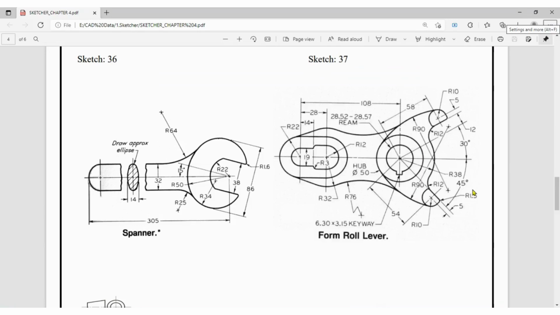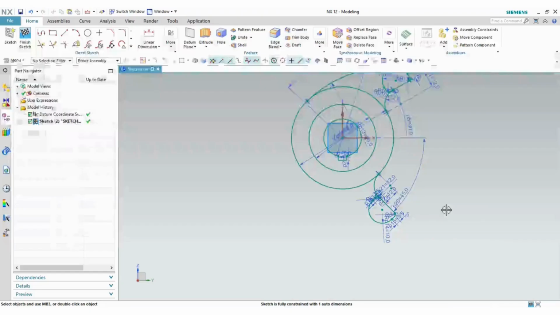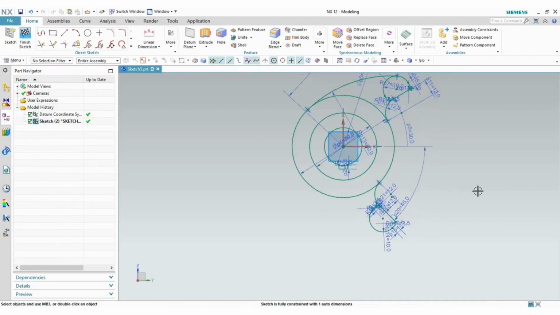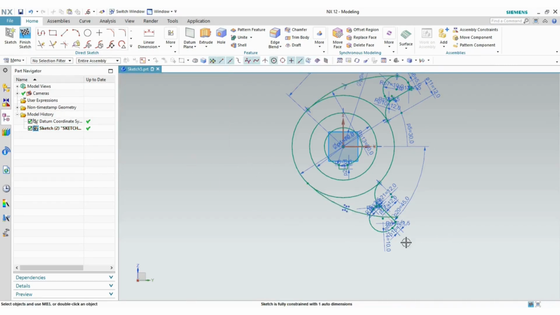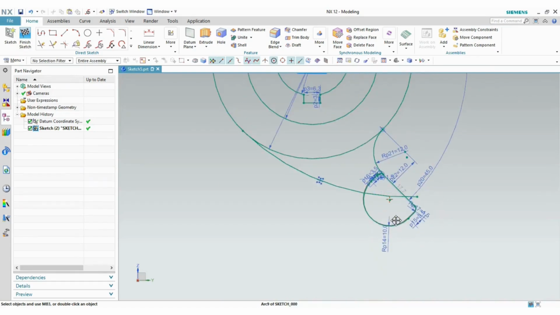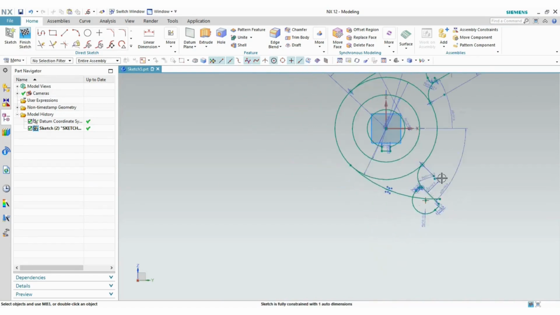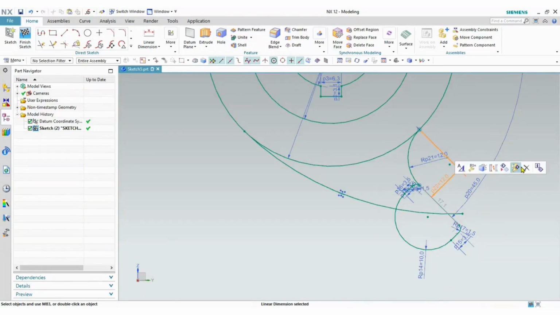Okay, radius 1.5 similar they have given. Okay, but angle this is 45, rest all things are same. Now suppose if I mirror this curve of radius 90, so select this, select center line and OK. Now suppose I try to move this diagram. Okay, suppose we will delete this 12 mm